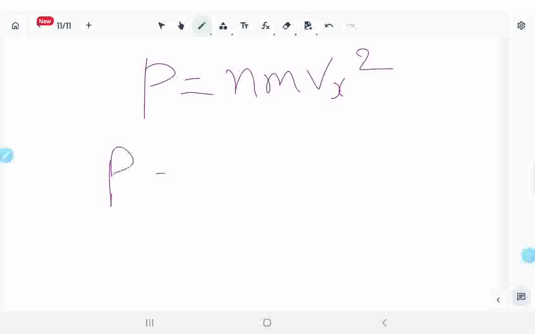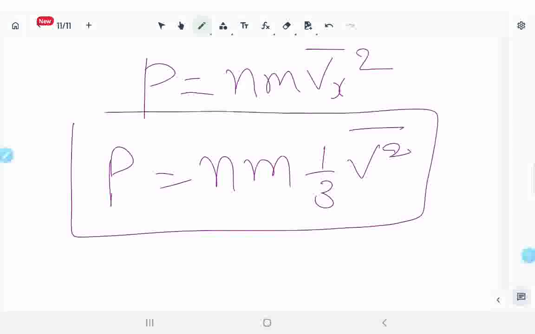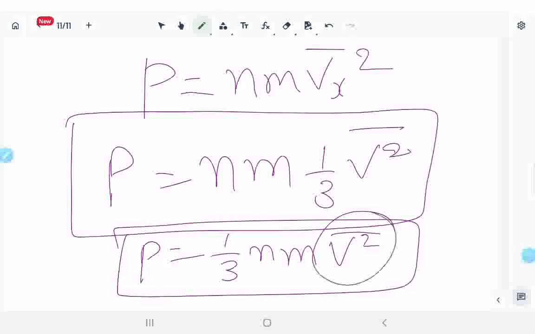So if I use this and put in my previous equation, which was P is equal to N m vx square, I can write here pressure exerted by the gas molecules is 1 upon 3 N m V mean square. Okay, it is the final formula of the pressure exerted by the gas molecules filled in the container. Here the v mean square velocity is the, you can say, the